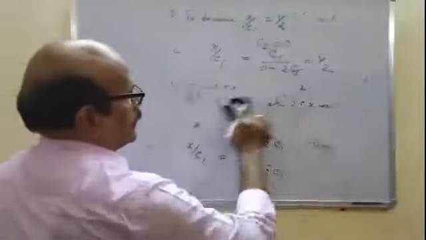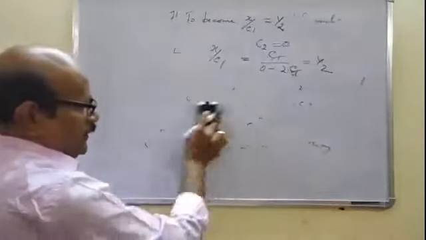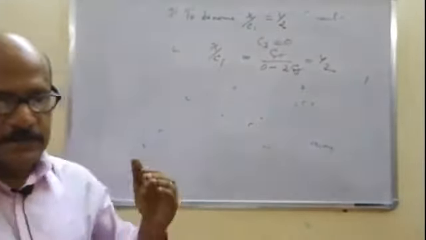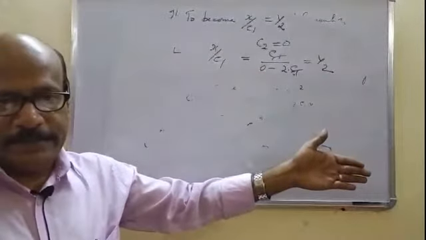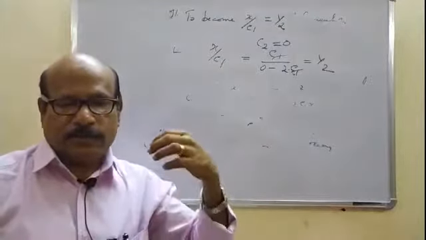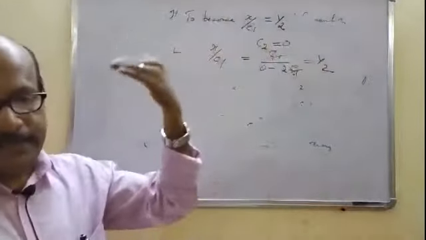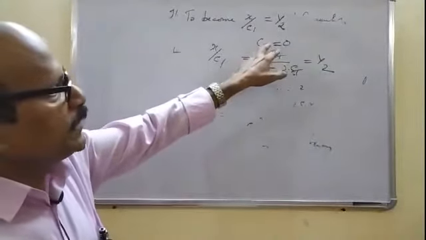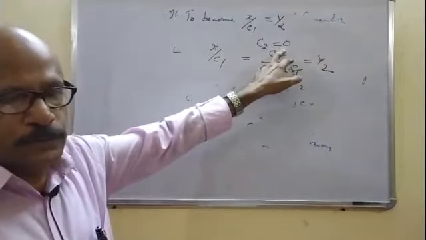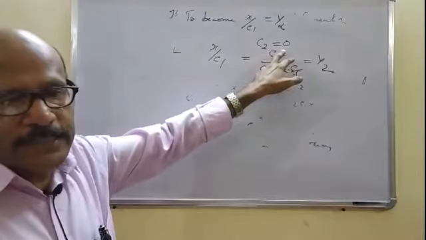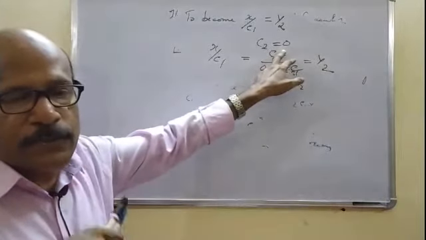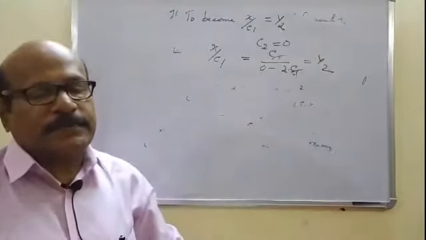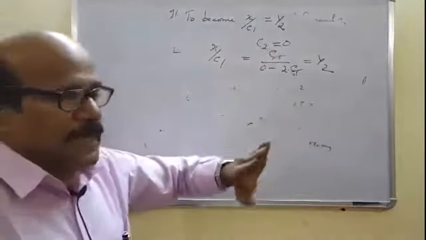So in this condition, in this situation of the dialysing membrane, the fraction of the NaCl should be half on the other side of the membrane. That means half the NaCl on the right side and half on the left side, that is what is meant. If it should be the same on both sides, the concentration C2 should be 0. C2 means the non-electrolytic solute, the non-ionizable salt concentration should be 0. That means the second electrolyte, like the protein, should not be there. C2 should be completely absent there.